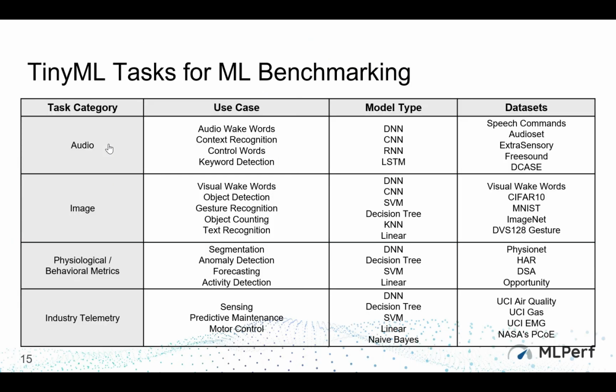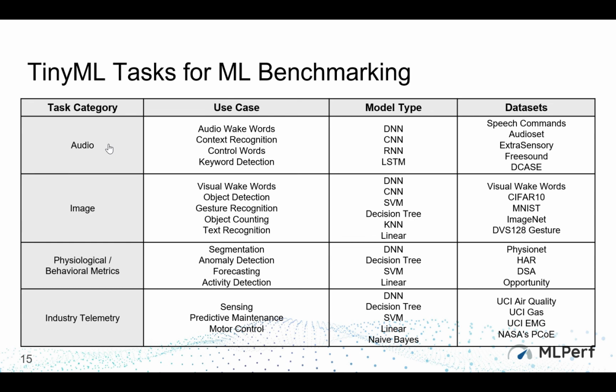So what are the set of tasks that we want to consider? Just as we looked at things earlier in the inference space, I was saying you have image classification, detection, whatnot. On the left-hand side, we have interesting area categories, right? So here it's less about vision, and it's less about classification or detection in my head. It's much more about what your sensor stream coming in is, right? There's audio, there's image, there's just telemetry that's coming in. So identifying what are those key categories that we have to focus on. And then next would be identifying what is a specific use case within each of those categories.